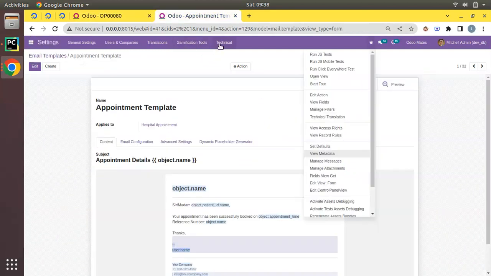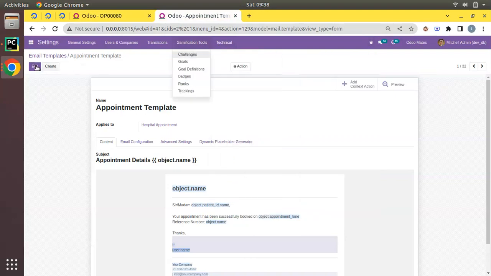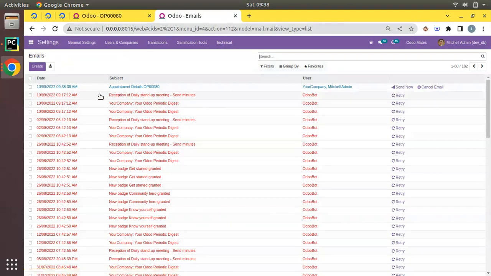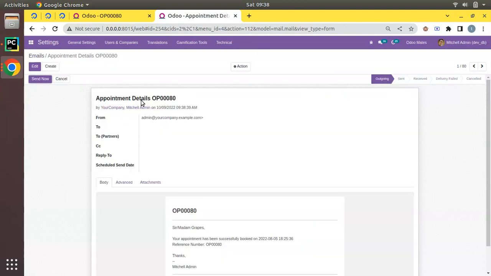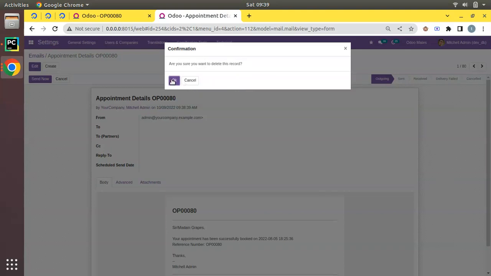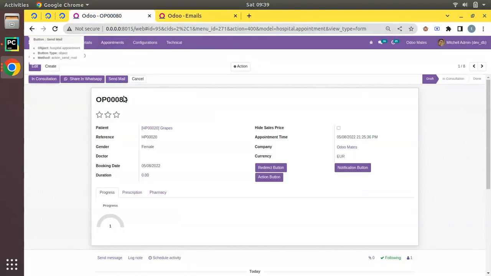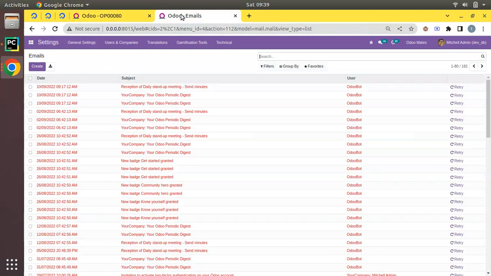So you can see it from here also. If you go to Technical under the settings, you have a menu called Emails, and you can see appointment details OP0080. If you doubt, I'll just remove it. Currently we have only 181 records here, and if I click on send mail, it will be